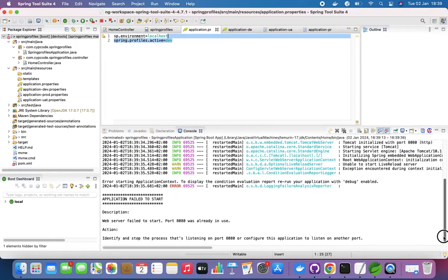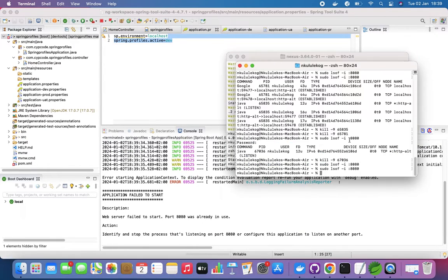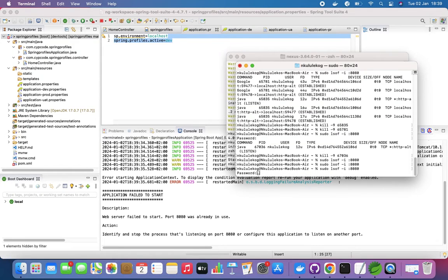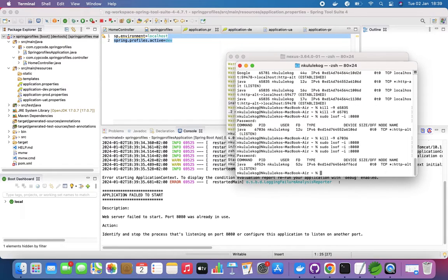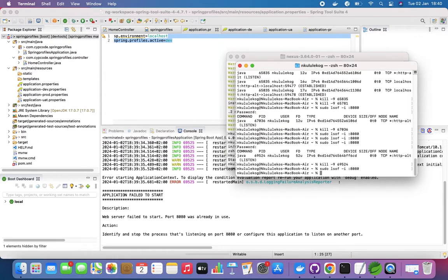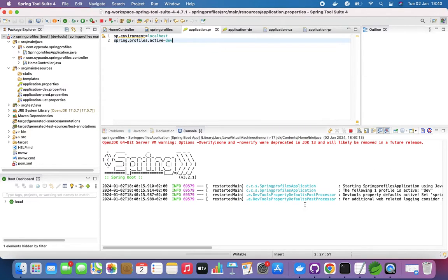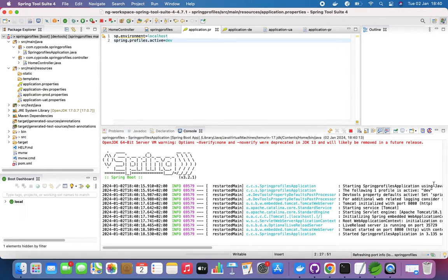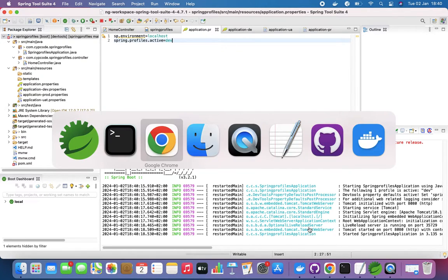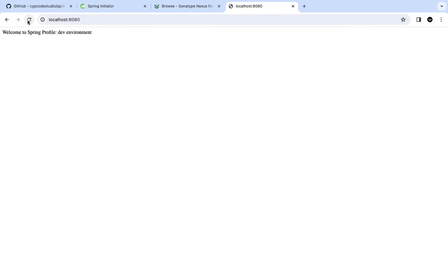So let's just make sure our pod is not already in use. I was testing the Maven deployment, so let me just make sure that there's nothing happening there. Okay, let me close this. Pod ID is 69524, right? So now let's check again. There's nothing running there, so we should be able to just run that, and it should come up and be in dev, and everything should be in place. Started successfully. Now when you come back here, refresh, and now you can see welcome to Spring Profile dev